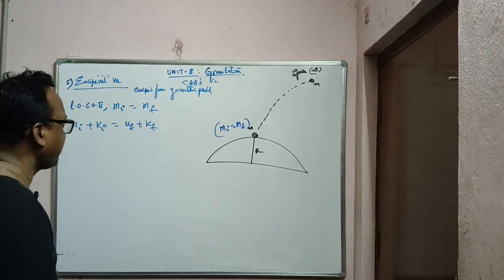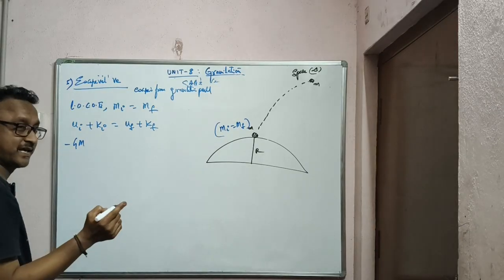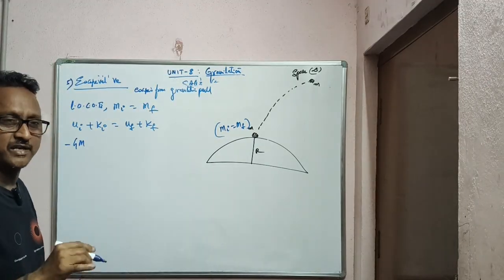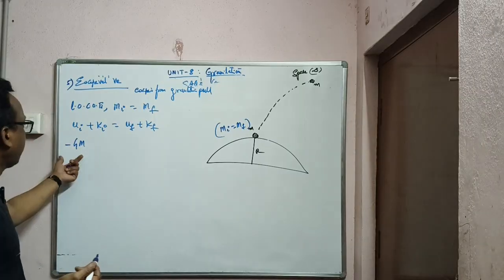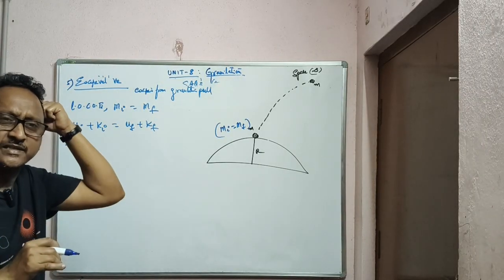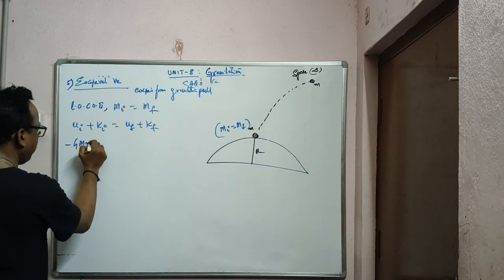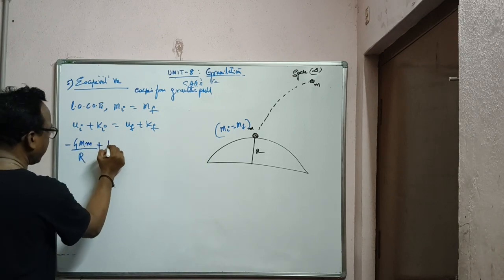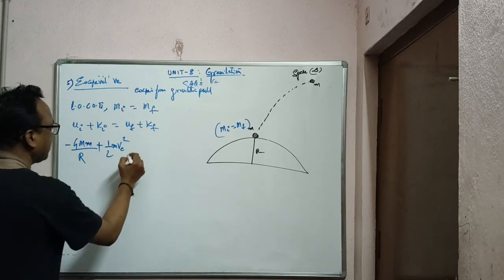And we know on the earth surface what is the potential energy? Minus G, negative, I told you, negative of work done by the body, gravitational potential, bringing the body from infinity to the required point. Negative of the work done is always given as the negative of the potential energy in bringing the body from infinity. So minus G M m by R initial. What is initial kinetic energy? You have to give some velocity, half m v square.